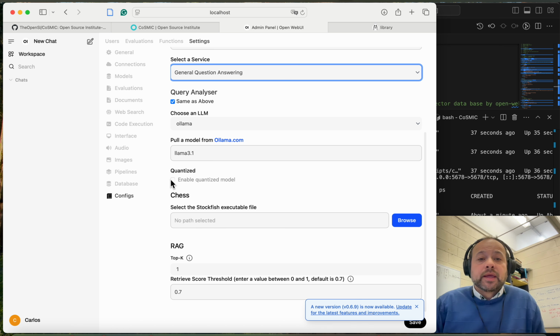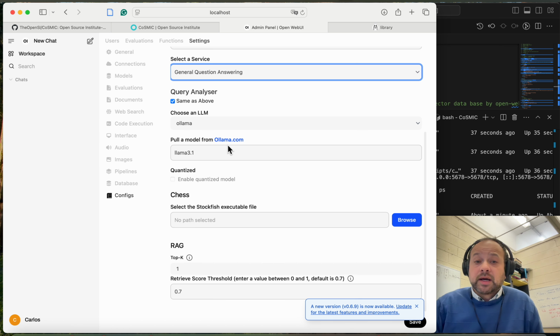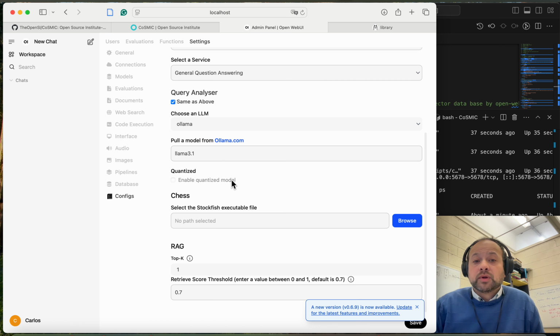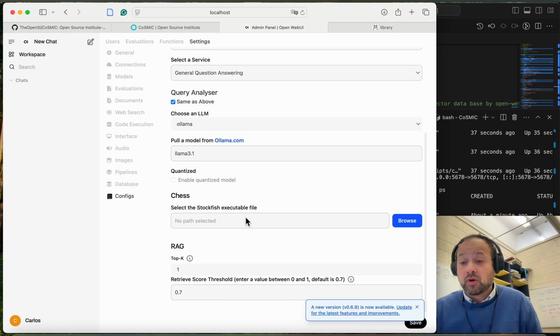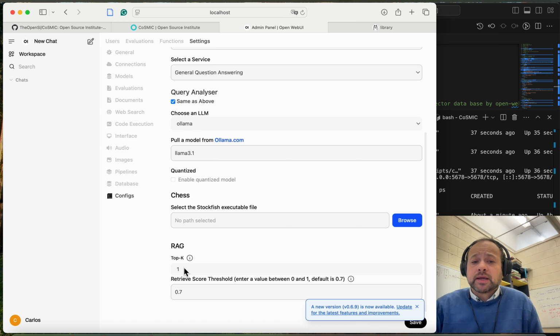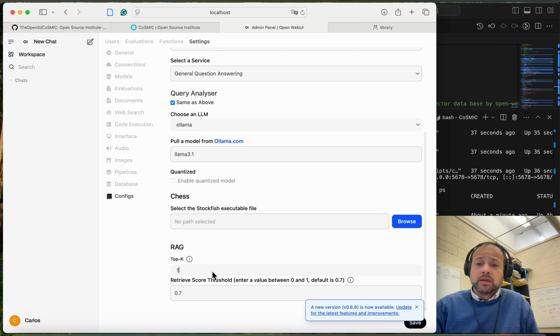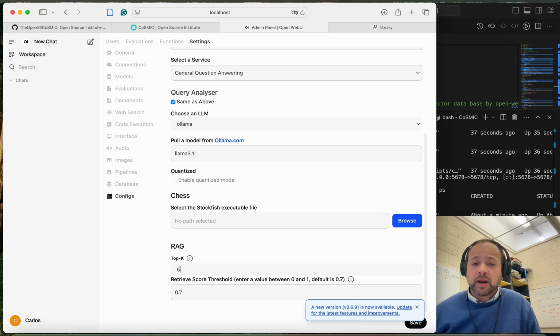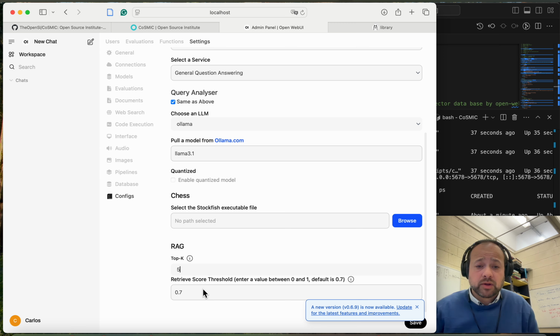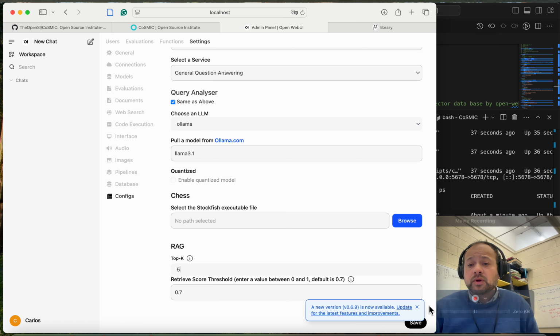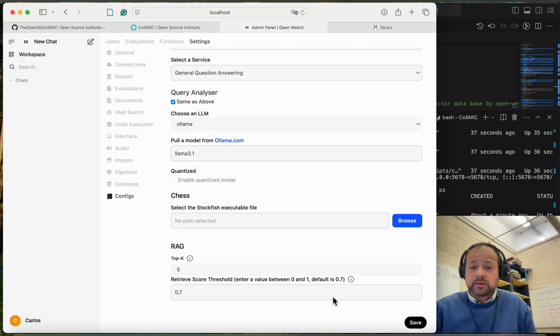Okay, here is in case you are using a different model and you need to enable a quantized model, right? It's like if you are fine-tuning your own model. Then you have a RAG specification, like the top K, how many results you want to use to reply to your query, right? How many similar results you're going to use to generate your answer, and then retrieval scoring for those similarities. And then once you save, and it is fully saved,